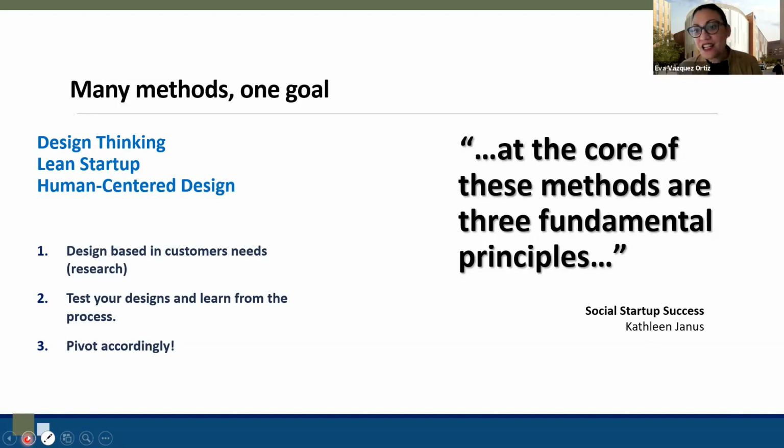And then change directions, pivot. If you find out some of your assumptions were not the best ones, well, you need to change. You need to add or take out some features. You need to change your business model. You may need to change many important components you thought were core or important for the customers. So you need to be prepared to listen, and to change and adapt quickly.